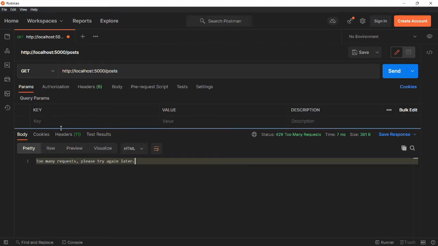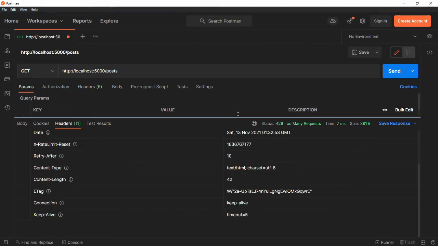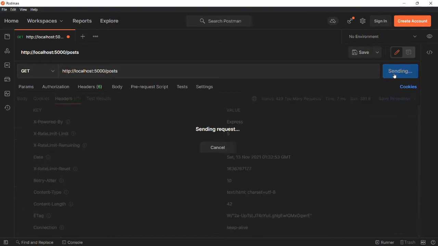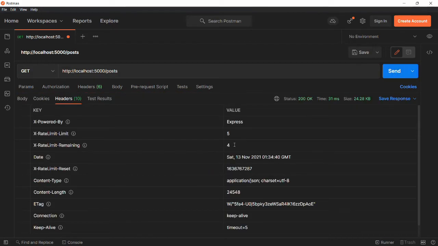If you take a look at the headers, you'll see a few extra headers here. There's this X-RateLimit-Limit header that gives us the number of requests that we can make in a particular time frame. We have this RateLimit-Remaining header, which gives us the number of requests left inside that particular time frame. So if I hit send, I only have 4 requests remaining now for this time frame.